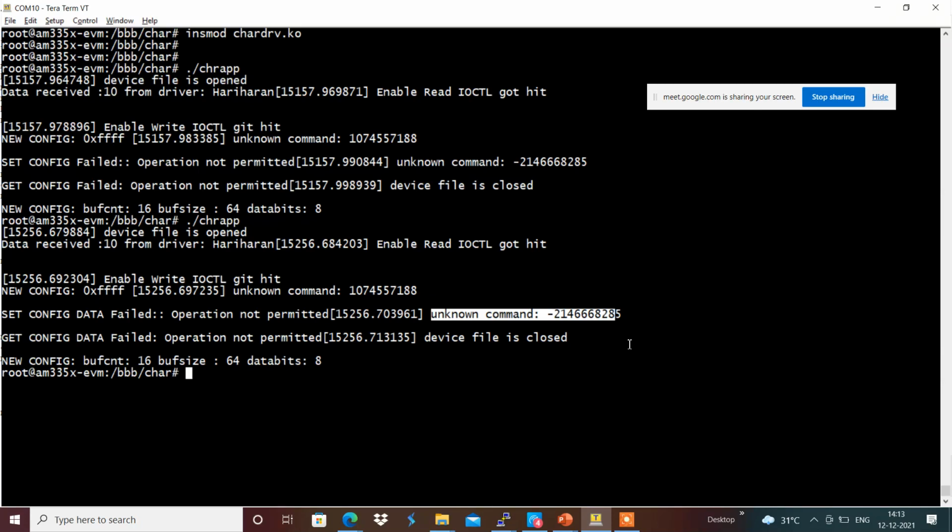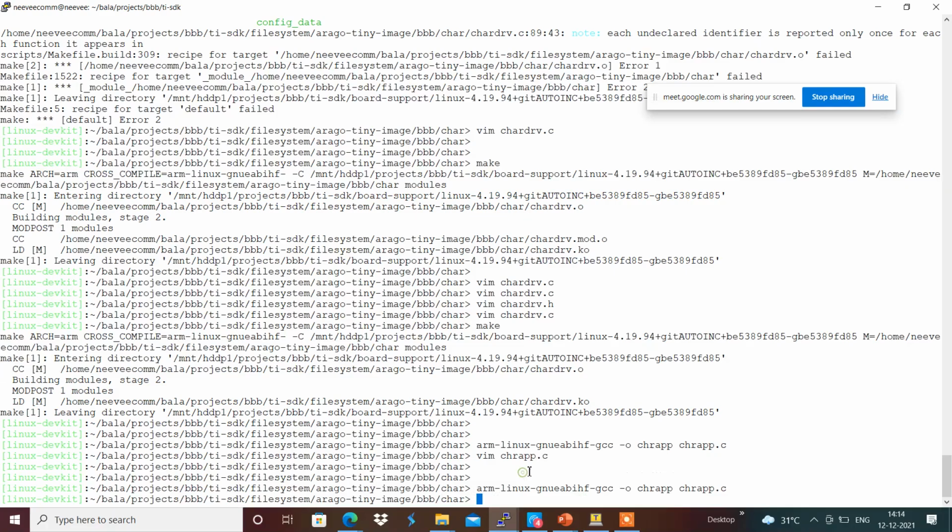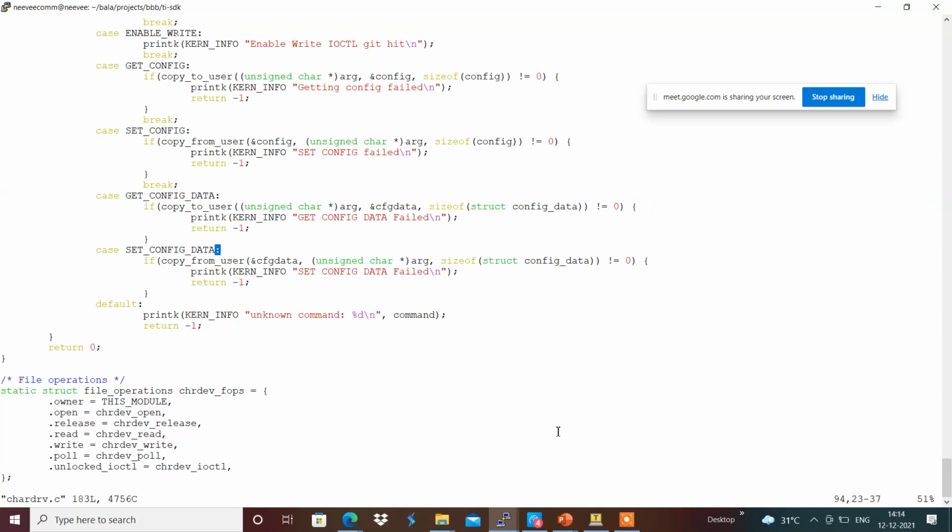Yeah, the argument is having some issue. Maybe vim chr drv.c and echo chr drv.h over here, and it will be something like make.